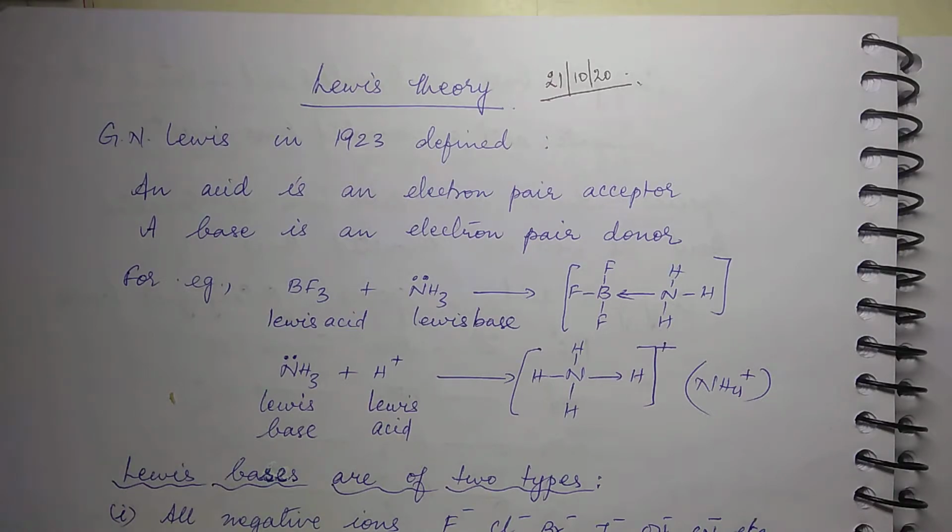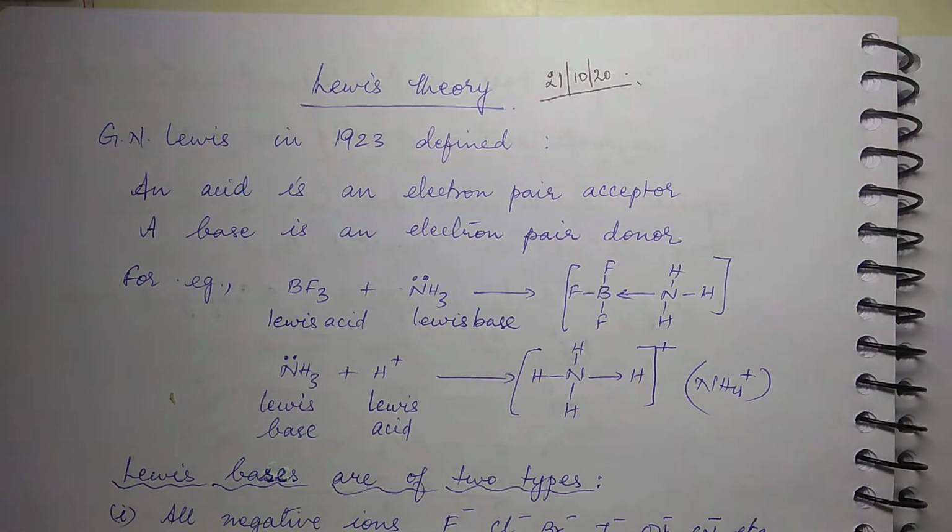Now, when you say electron pair acceptor, which will act as an electron pair acceptor? See, each and every atom is supposed to have octet configuration. So, if the atom is not having octet configuration, if it is short of 2 electrons, then it can accept a pair of electrons, right? So, such molecules in which an atom is possessing less than octet number of electrons, they will accept a pair of electrons and they are called Lewis acids.